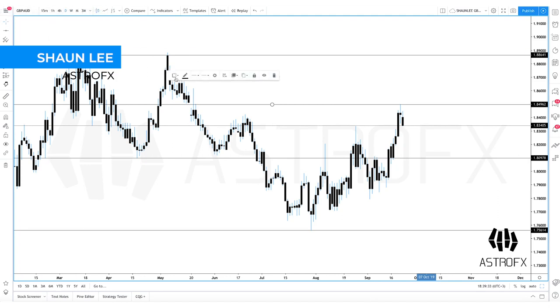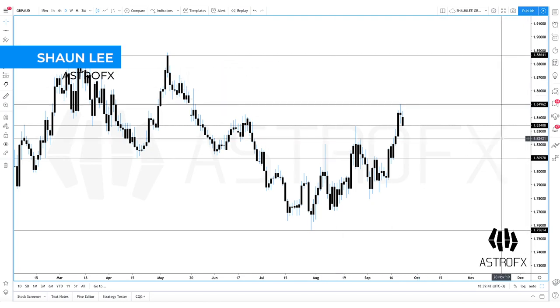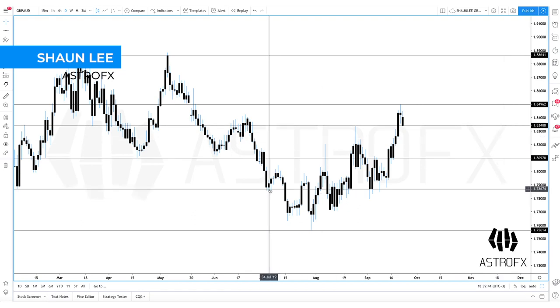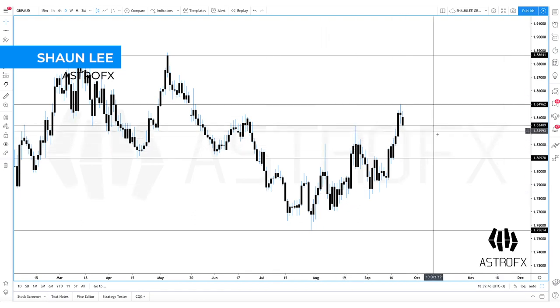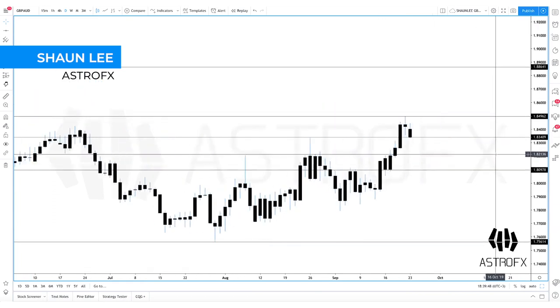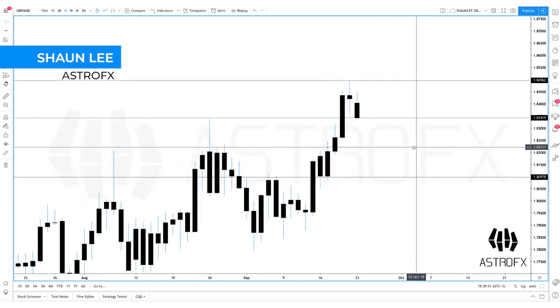Come on. I don't know why it does this. Sometimes it just doesn't work. Maybe I have to refresh the page. But you can go into settings and put a label here like weekly, like you did in the primary Astro content. What I can also see here on the daily though is 1 drive, 2 drive, and 3 drives into the highs. And at the moment, on this daily time frame,